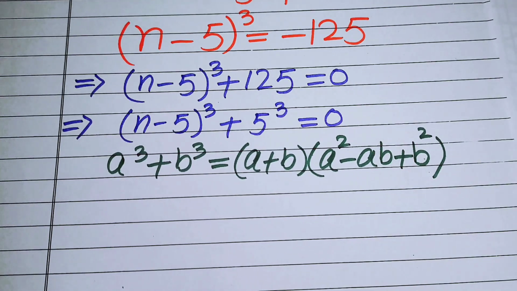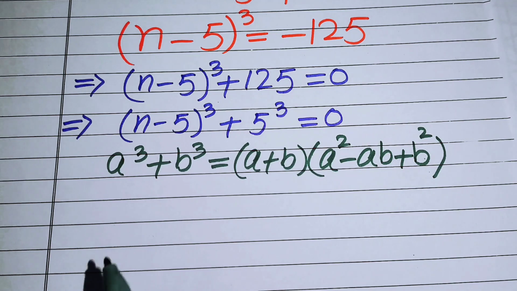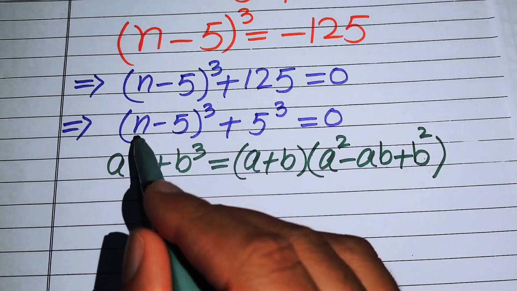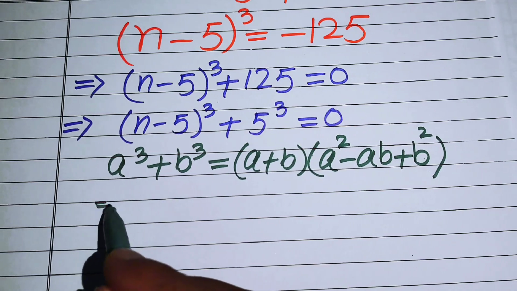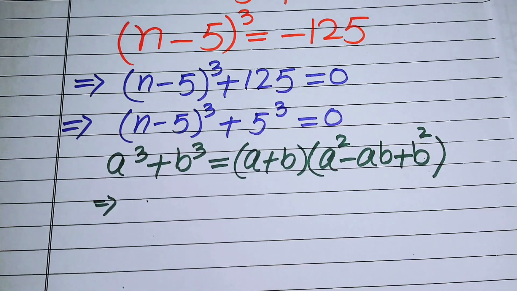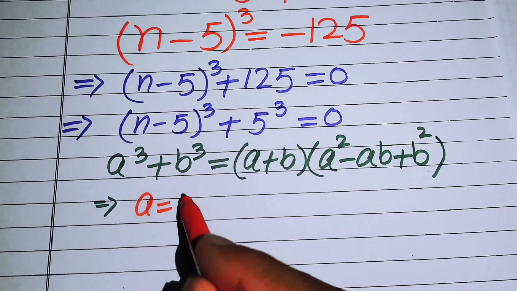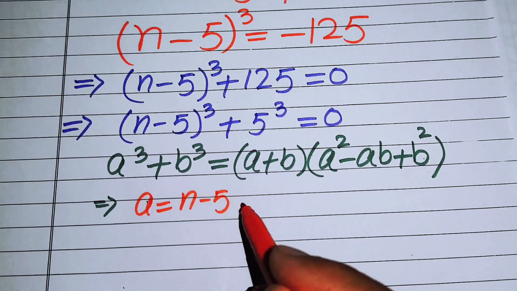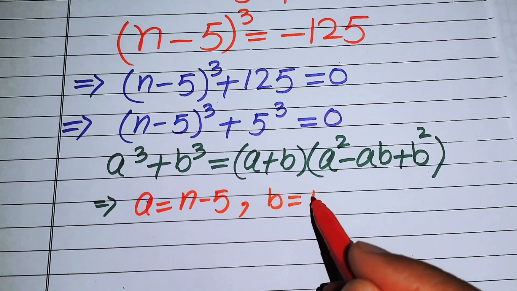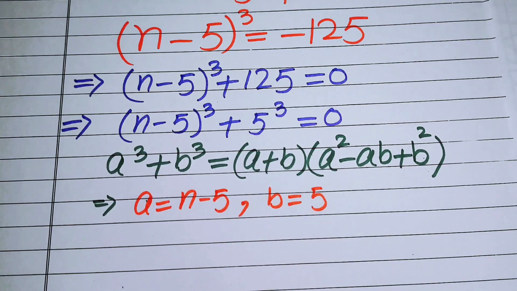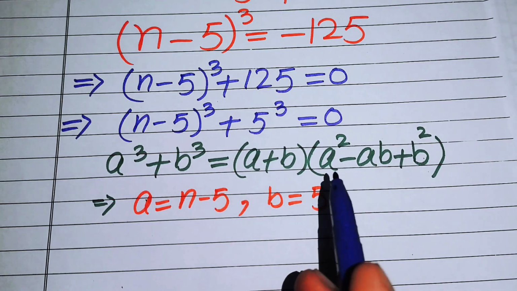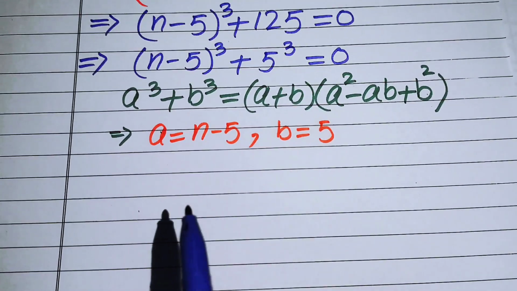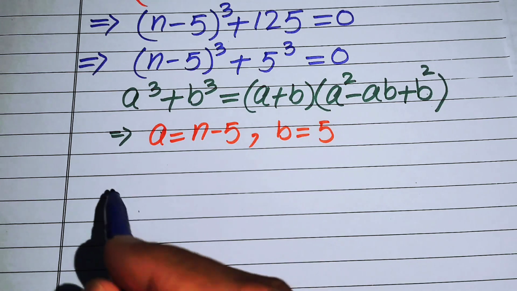So this is our cubic formula, and now we can use this formula here, and here you see that in the above equation we have the value of a equals to n minus 5, and the value of b equals to only 5. So when you put the value of a and b in this formula, then you will get its output in the form of,